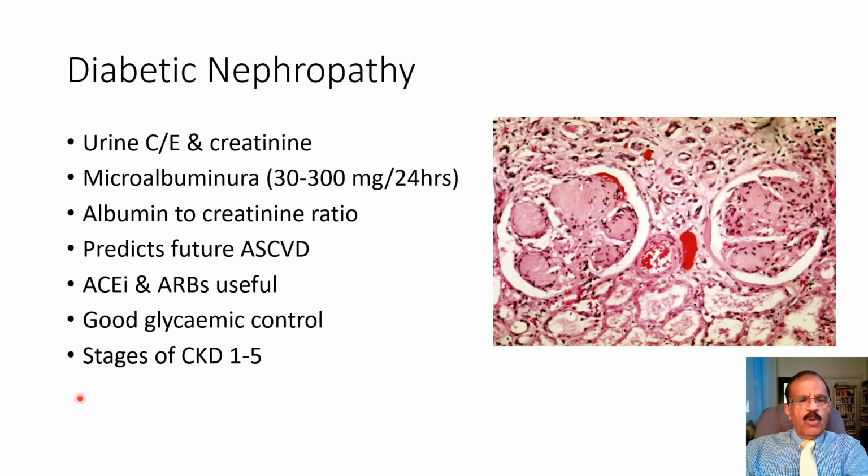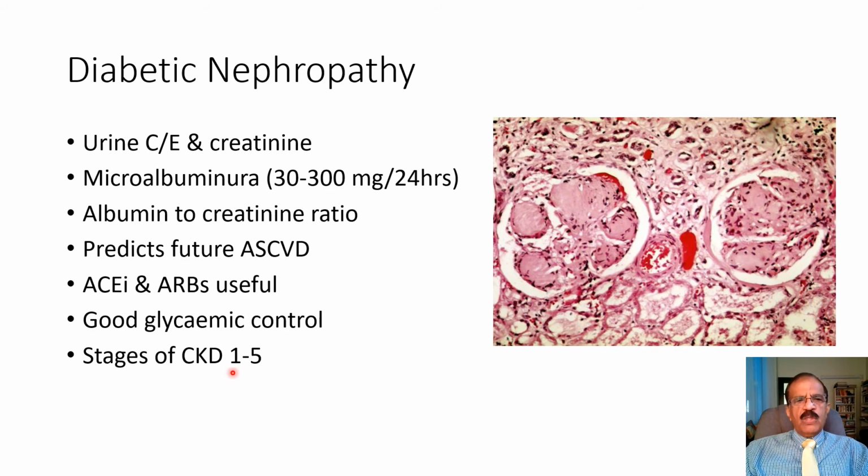I think there's one more bullet. Yes, there are various stages of CKD. The stage 1 is actually hyperfiltration, and many times I see patients bringing a report and worried about their creatinine, which is actually lower than normal. Although it is lower than normal, it perhaps indicates the first stage of nephropathy, that is hyperfiltration. But on a lighter note, I just tell my patient that your kidneys are better than normal. But at the same time, I go through the prescription and see if I can improve their glycemic